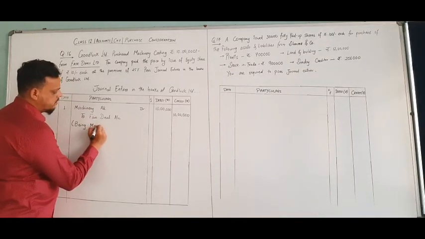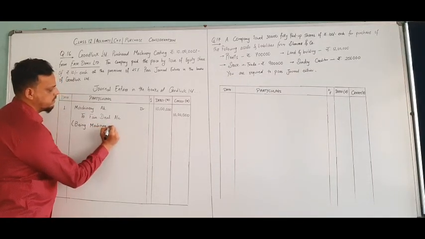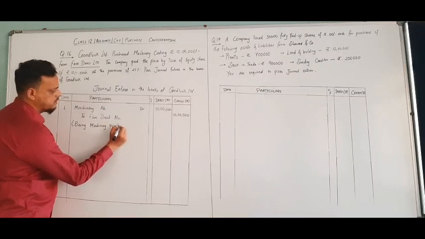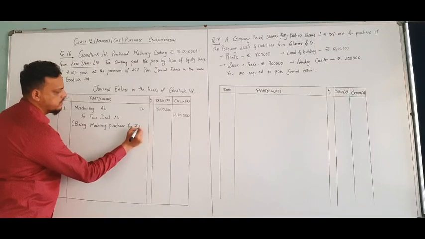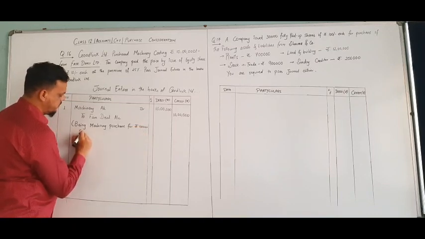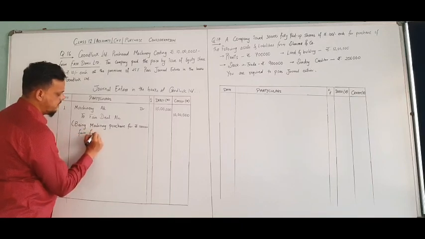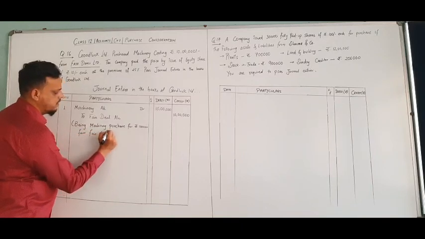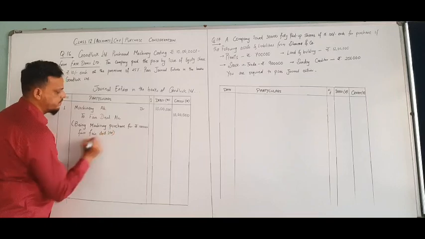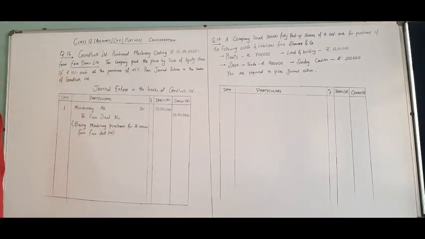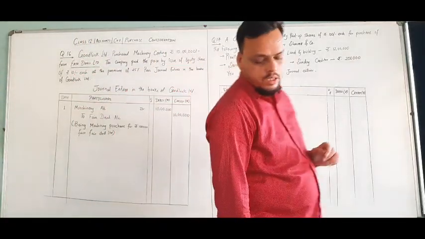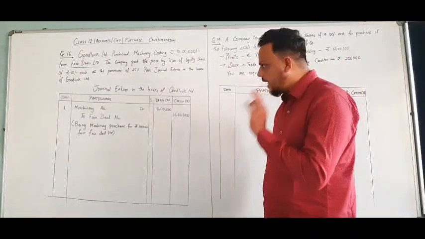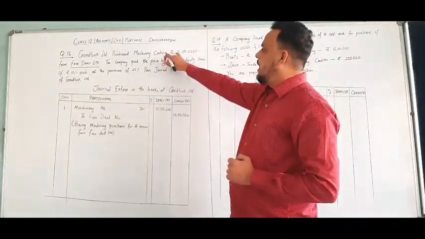Writing the narration is compulsory for every question in journal entries. Being machinery purchased for ₹10 lakh from Fair Deal Limited. This much entry is enough for a basic transaction, but the exact thing we have to do is